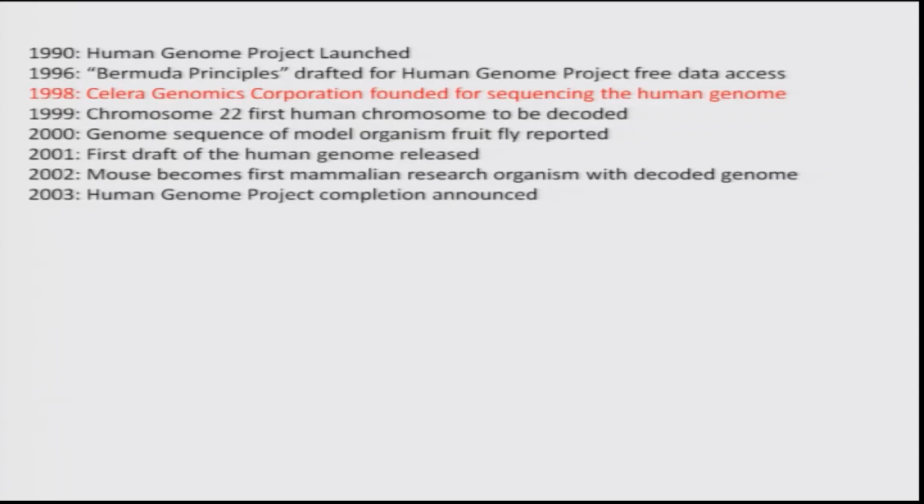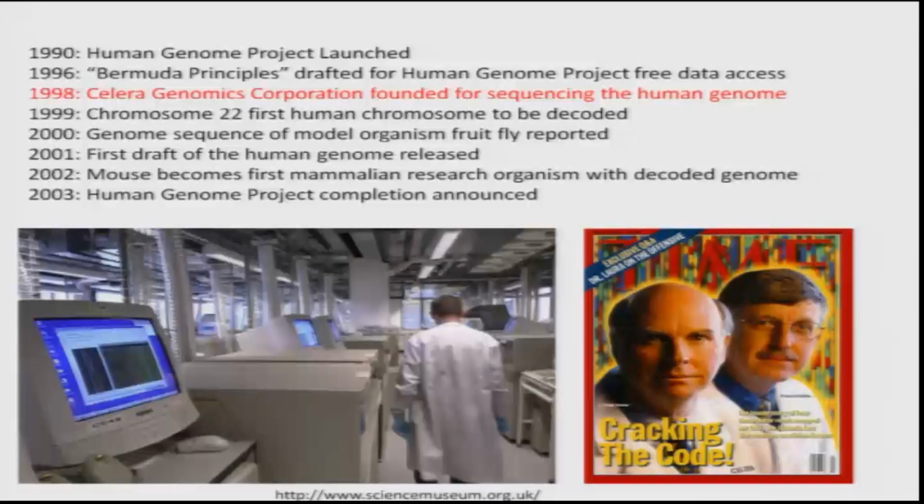When this was announced, it was not only the Human Genome Project consortium, but even Celera Genomics. Within a span of 4 or 5 years, they completed the human genome sequence as well, which the other consortium took several years to complete. So these are some of the famous